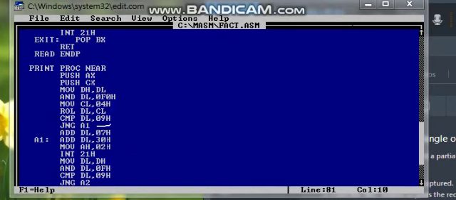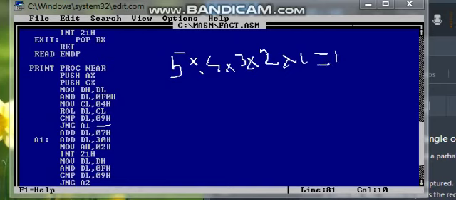For example, our 5 factorial is 5 into 4 into 3 into 2 into 1. So it is 120 in decimal, and it is 78 in hex. So our answer is 78 in hex.